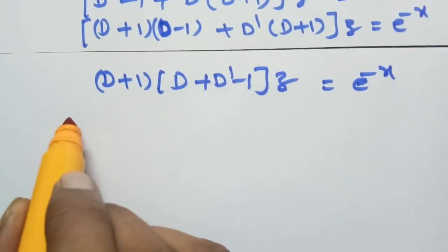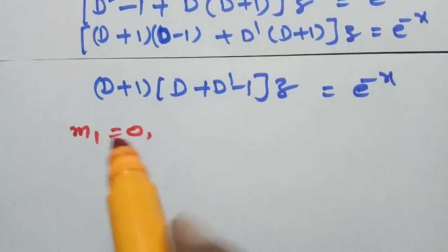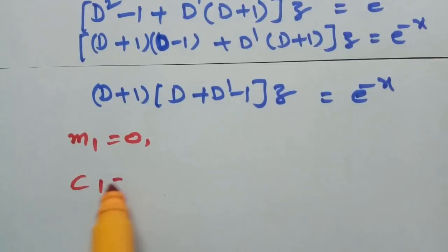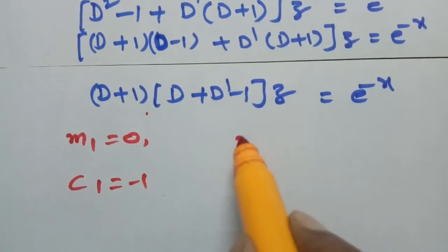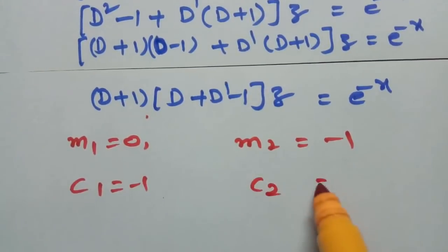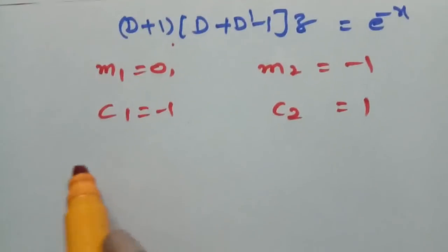Therefore, here m1 = 0, c1 = -1, m2 = -1, c2 = 1. Therefore, the complementary function